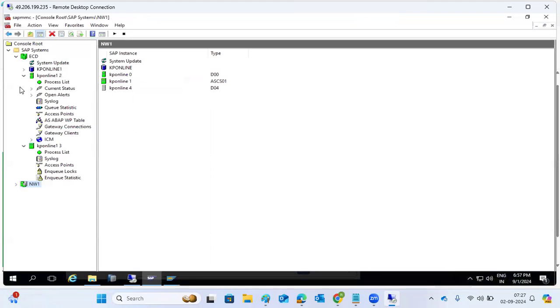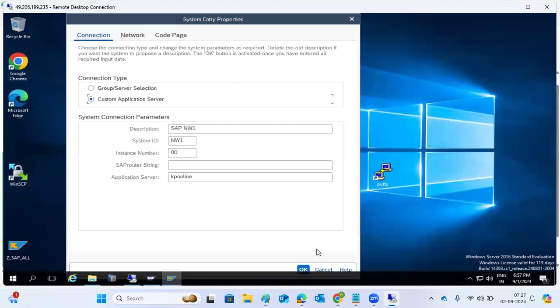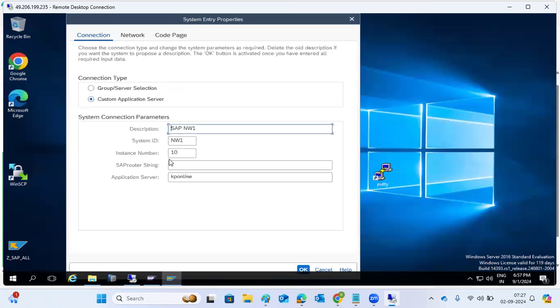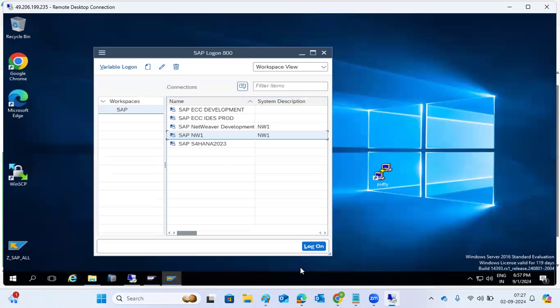But this is our actual jump server here. Here you have the SAP Logon Pad available. Then you can connect to the SAP Logon Pad. So here just add your systems, or if you want to use the existing systems, you can also use them. NetWeaver NW1, ECC development. So all the systems are available, right? Once you configure it here,